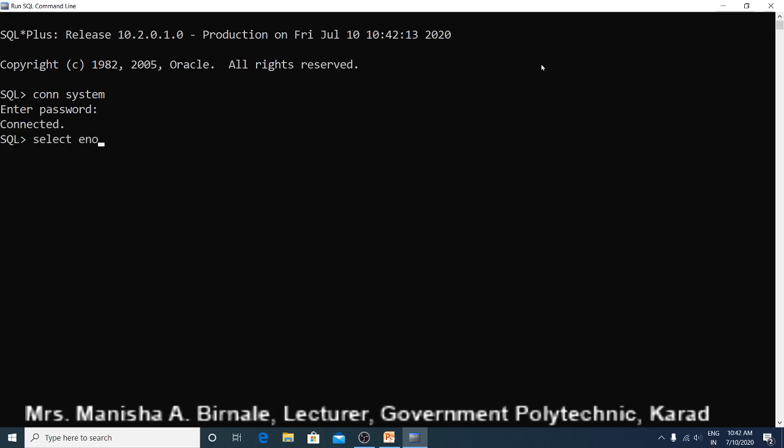Select ENO, comma, E name, comma, salary from empinfo. And what is our condition? Where salary between 8,000 and, here and is a logical operator, 8,000 and 12,000.